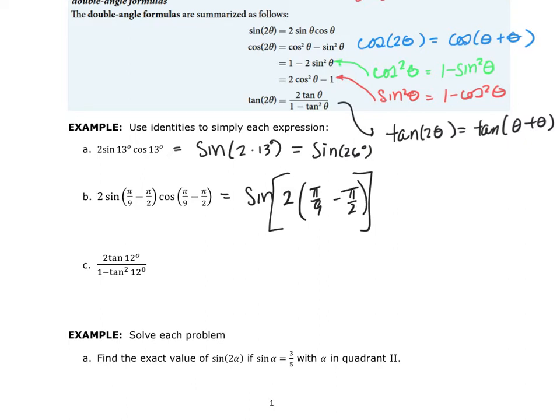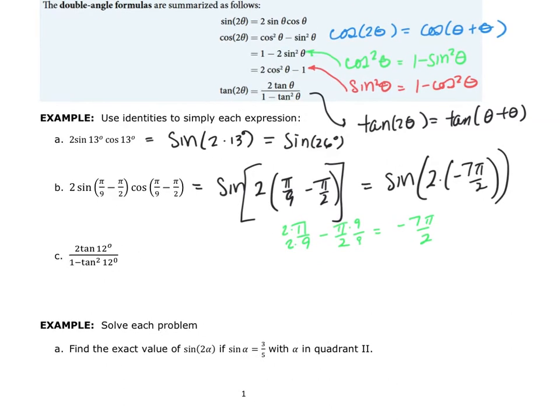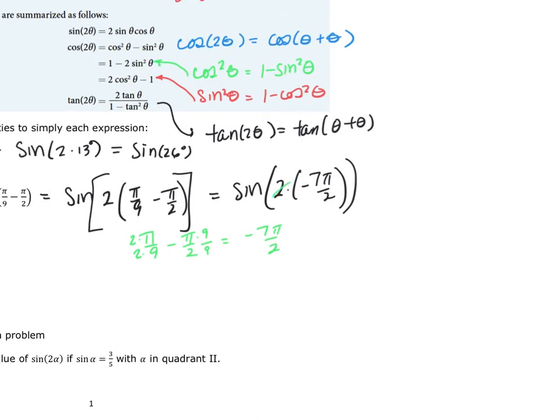Let's go ahead and clean this up a bit. So I'm going to do the pi over 9 minus pi over 2. I multiply the numerator and denominator of the first one by 2, and the numerator and denominator of the second fraction by 9, and so I get negative 7 pi over 2. So this is equal to the sine of 2 times negative 7 pi over 2. Here you can see that this 2 and this 2 will cancel, leaving me the sine of negative 7 pi,